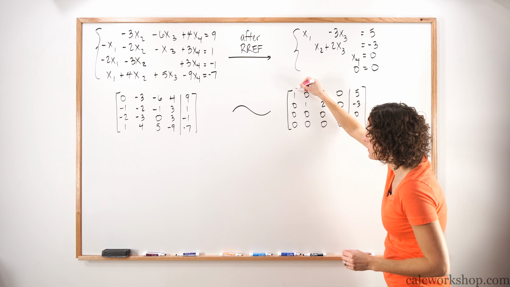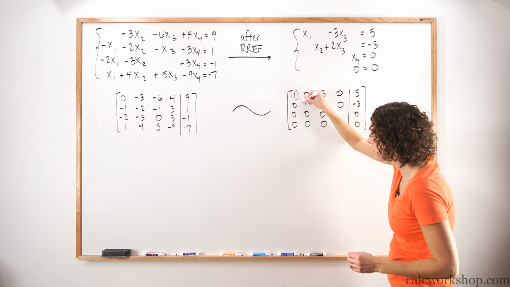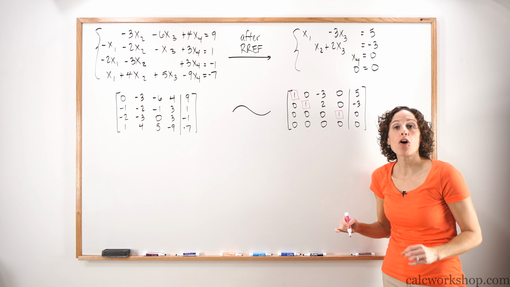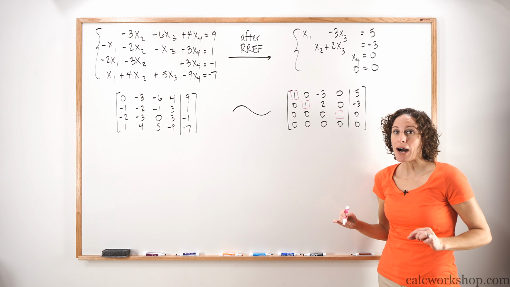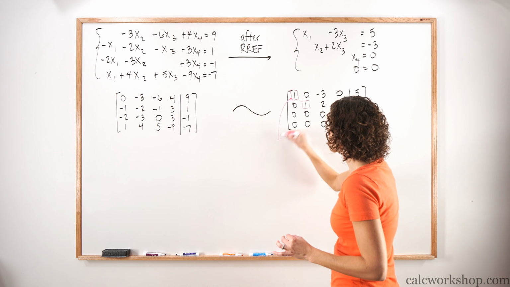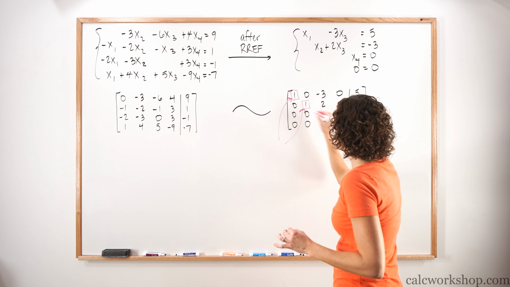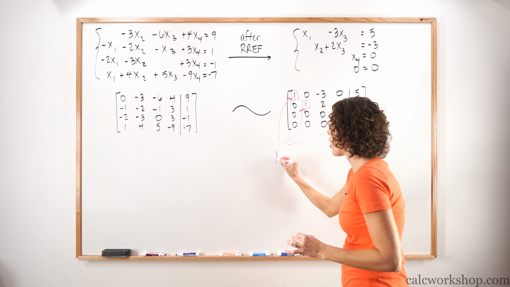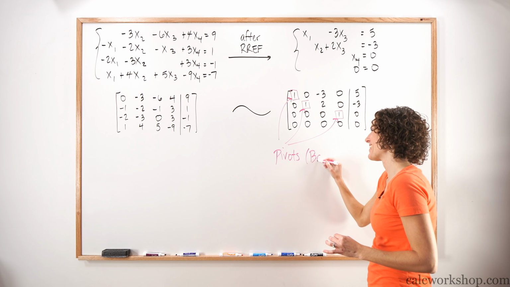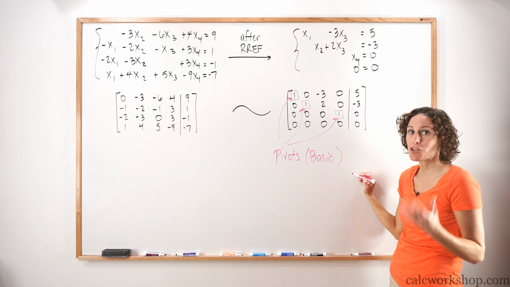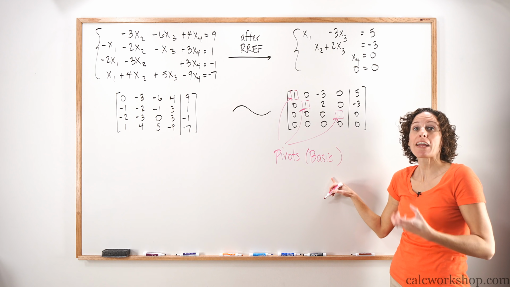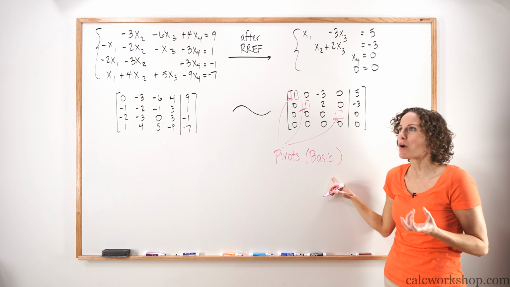Well, this one and this one and this one. We don't call them 1s, we call them pivots. The reason why is because they are pivotal to us getting the right answer. So these values right here, these ones that we see, are called pivots. They are also called basics or basic variables, but you're going to see pivot more often than you're going to see basic. They are basic values, they are pivot values, they are pivotal to our answer.